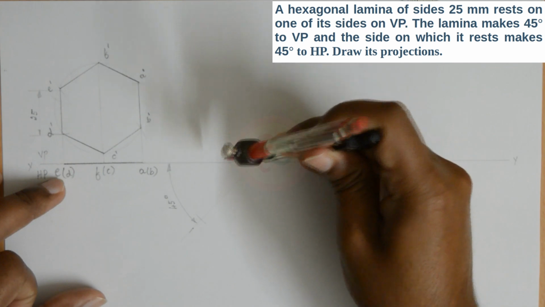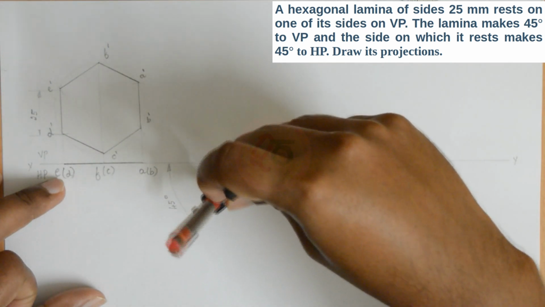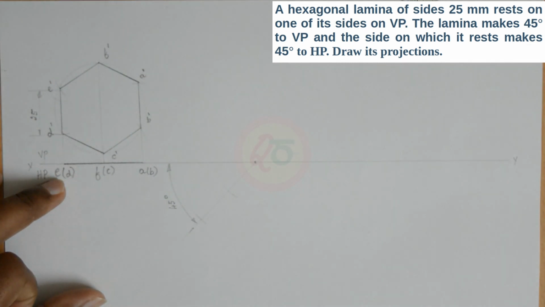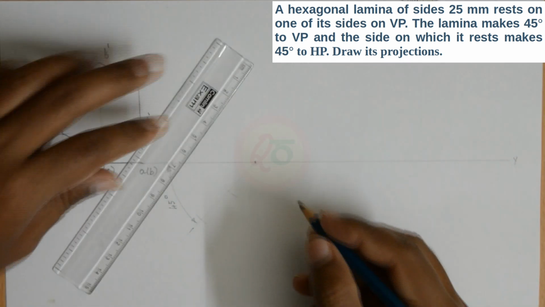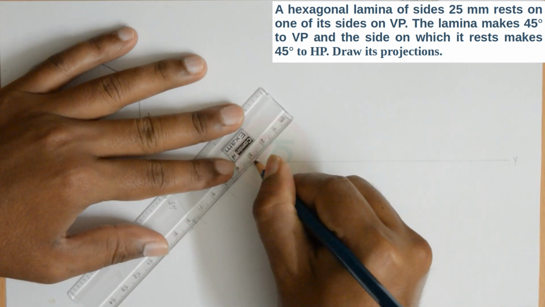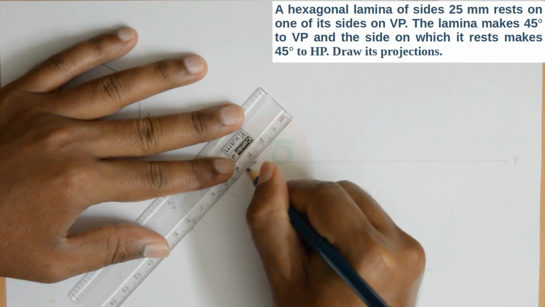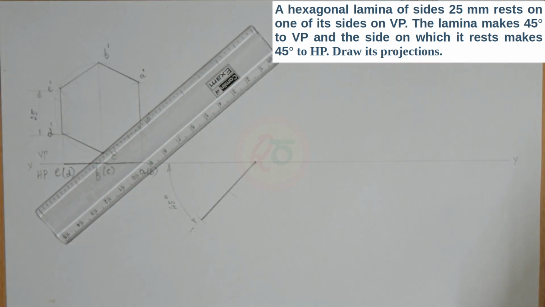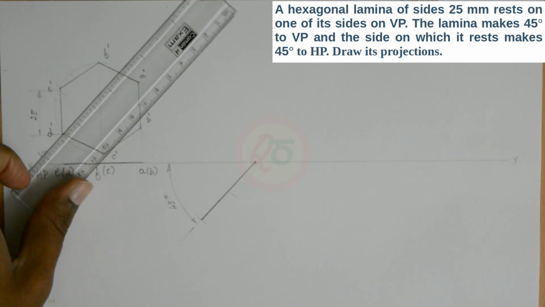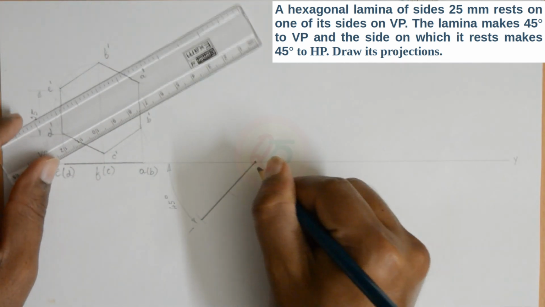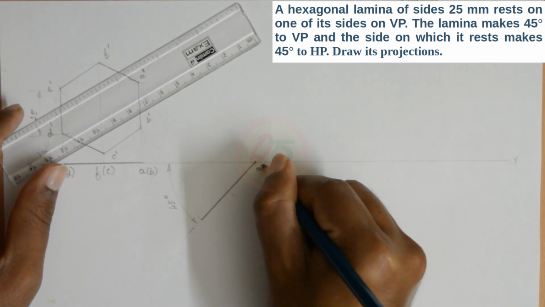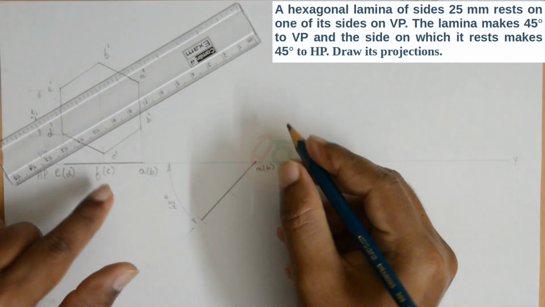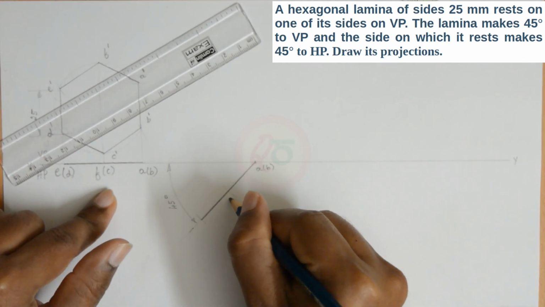Get one more arc. Okay. Now darken the line between the extreme arc and the point on the XY line. So this makes the projection of the lamina at 45 degrees to VP. In brackets AB, this will be FC